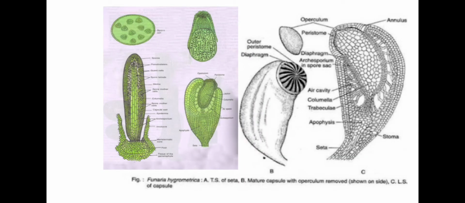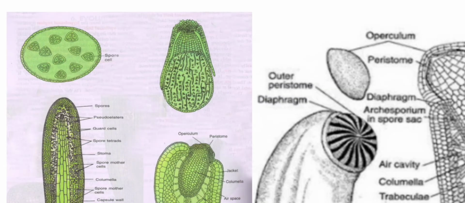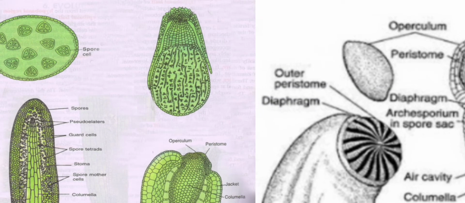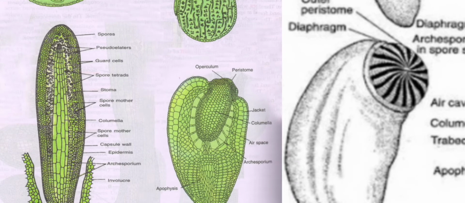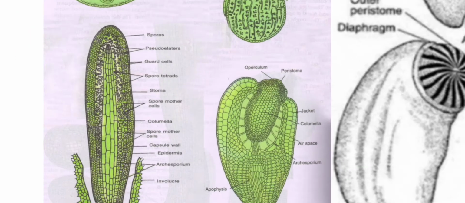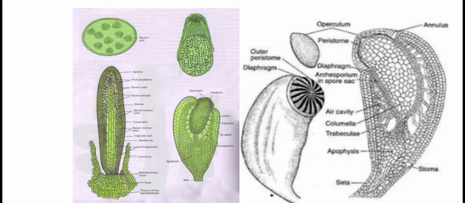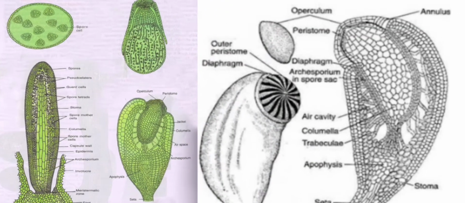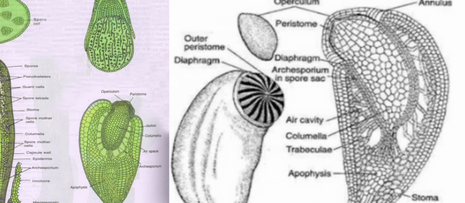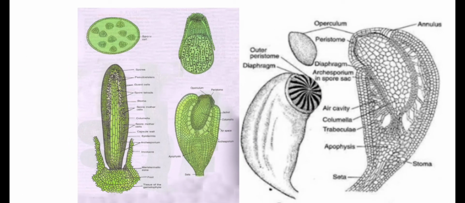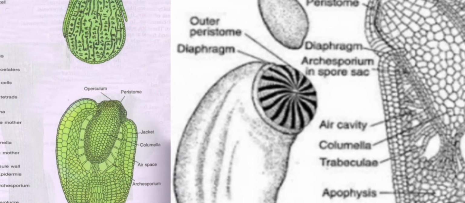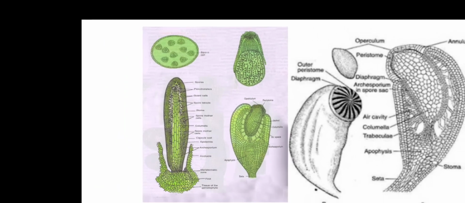So students, you can see that in case of liverworts, you will find simple elaters for the dispersal of spores, while in case of hornwort, you will find pseudo-elaters. While you can see in case of mosses, the structure is much more complicated. Spores are produced inside the spore sac and they need special assistance for dispersal, and that is provided by the peristomial teeth as you can see in this image. And there is a ring of peristomial teeth, outer and inner, in case of Funaria.